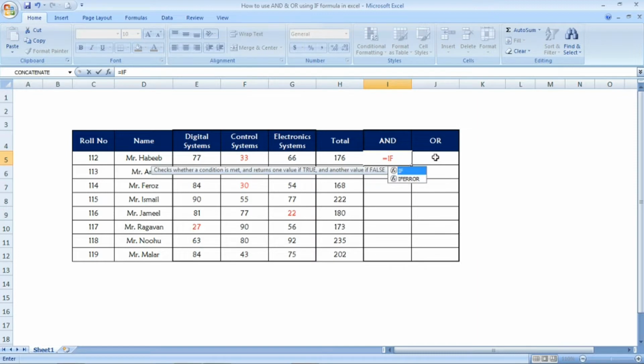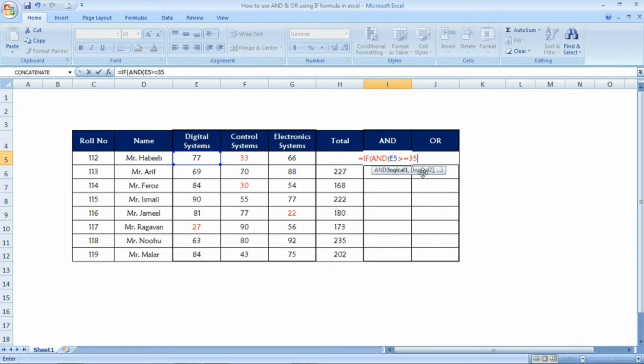For that, I am using the formula equal to IF, open parenthesis, and the function I am going to use is AND, and then the open parenthesis. Now we are going to select the cell of each mark. I am selecting the digital systems mark. If this mark is greater than or equal to 35, assume 35 is a pass mark.